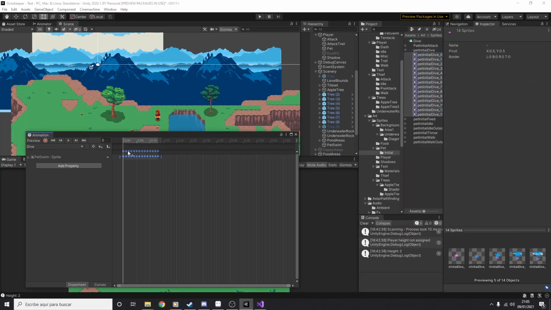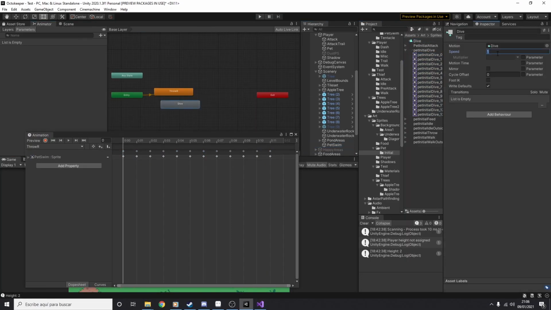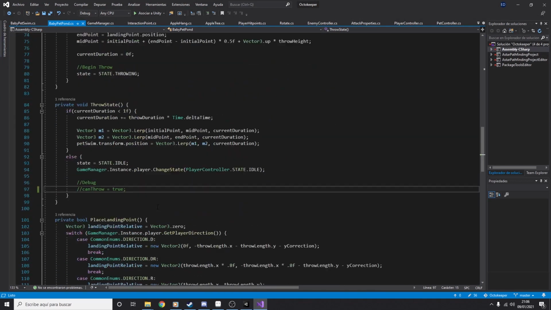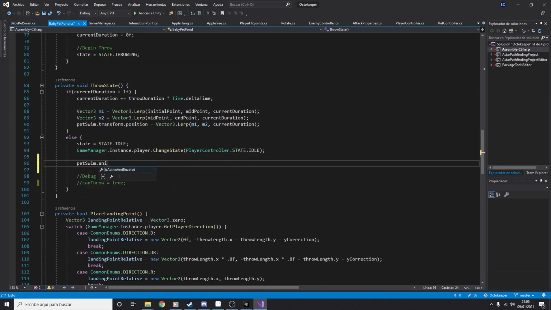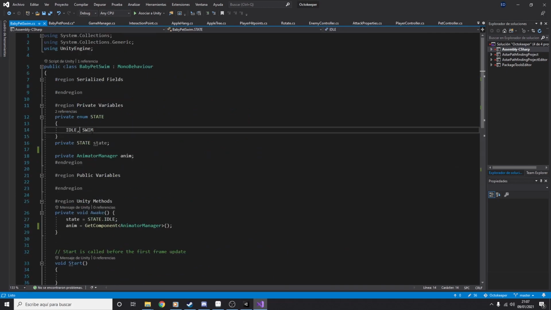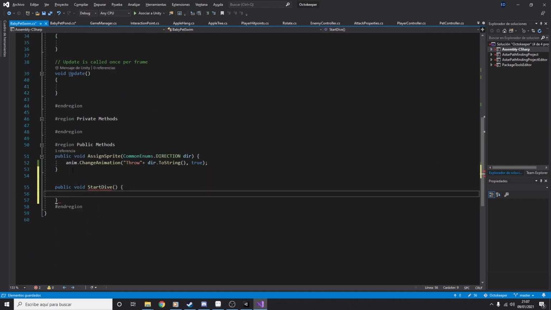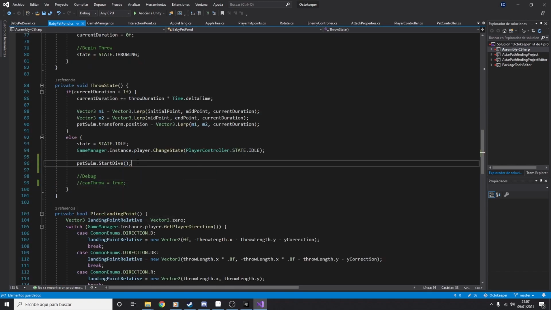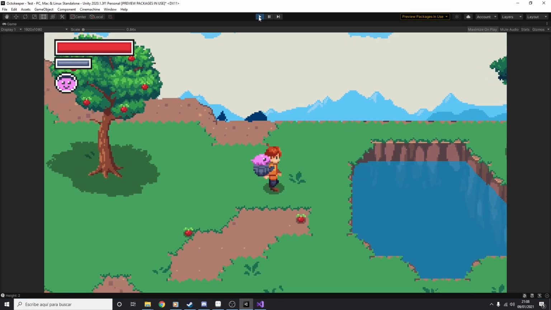I also needed to add some code to call this animation. This animation will be common to the 8 directions, as this eases the workload a lot, but I still have to make 8 different ones for the throwing animation. It will consist of the player grabbing the baby octopus from the backpack and throwing it. Here was the result.